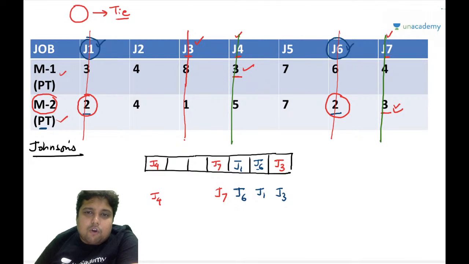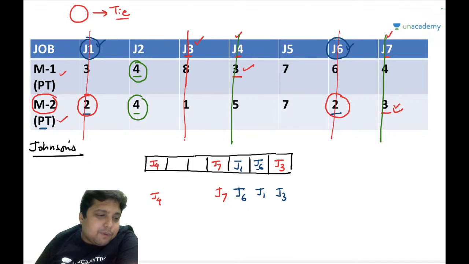Now if you move on to the next minimum value, the next minimum value is 4. And now you can see that for 4 there is a tie between the same job on two machines. Let me just encircle this. Same job on two machines. Now guys, this particular job can be